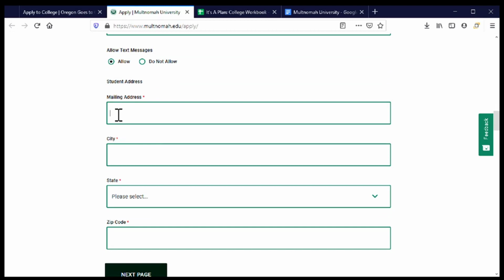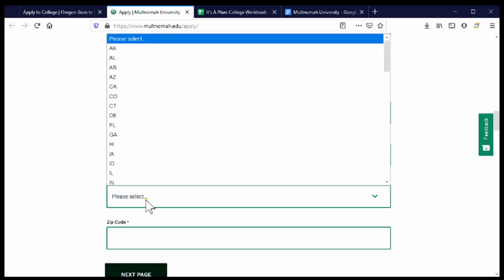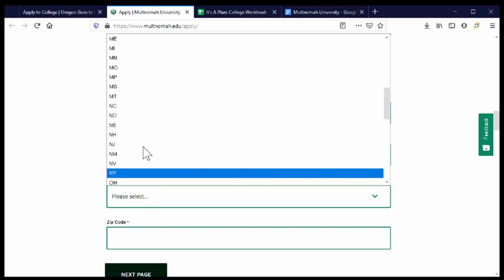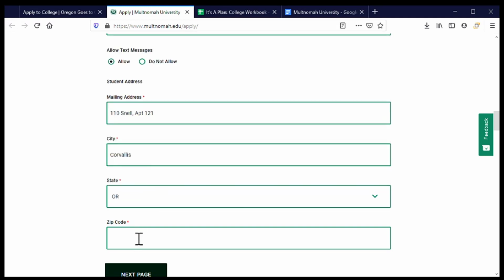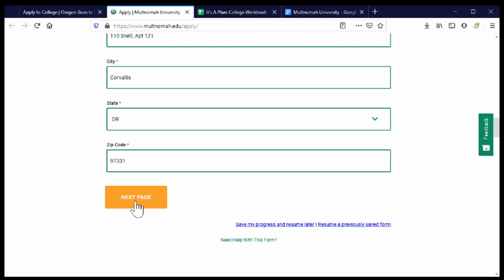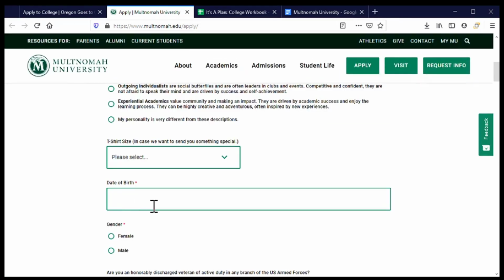And now they're asking about my snail mail address. And so I'm going to go ahead and enter that here. And I have an apartment number, so I'll just have a comma and my apartment number after the city and scroll down to find the state and a zip code. And I've completed the first page and can click to go next. If I was not able to continue this process right now, I could save my progress and come back to it later, but we're ready to keep going. So we'll click next page